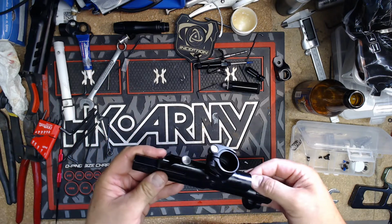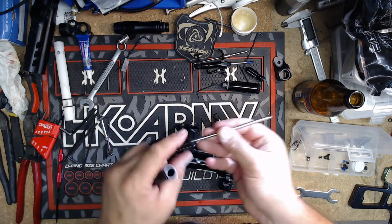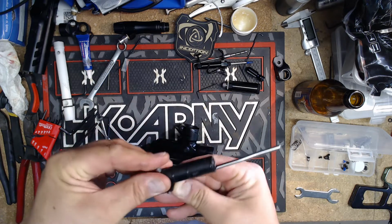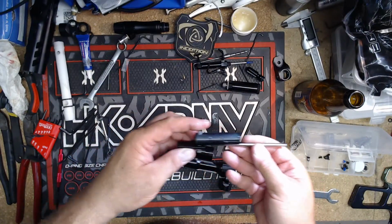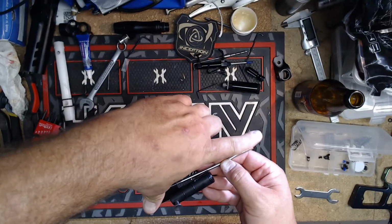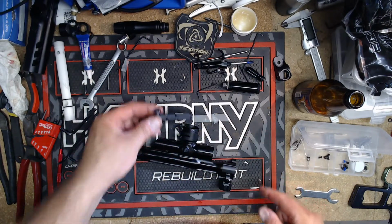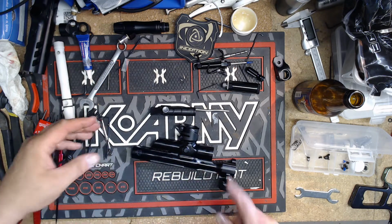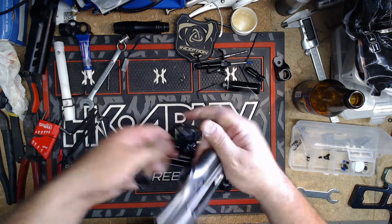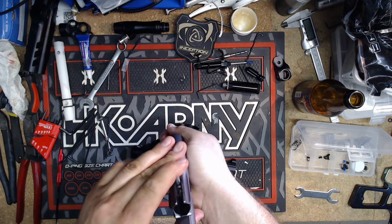And when you have everything apart, one of the things you can do is check how far this is forward. It rides like this in there, right? And this length, how wide this is, determines how far the bolt protrudes into the face, and if everything lines up. So a lot of times, let me pull everything out here. You guys don't have bodies like this to mess around with. I have one that's machined open,